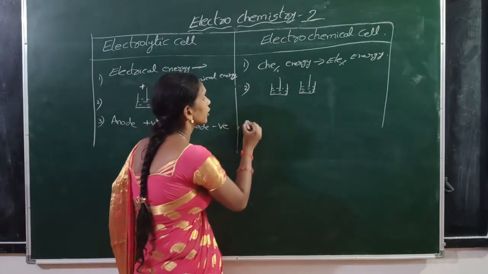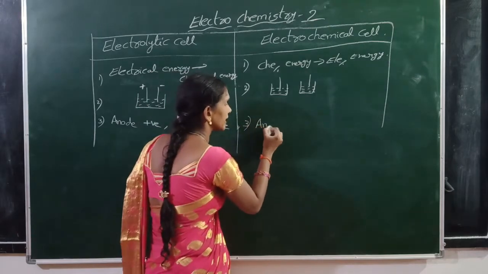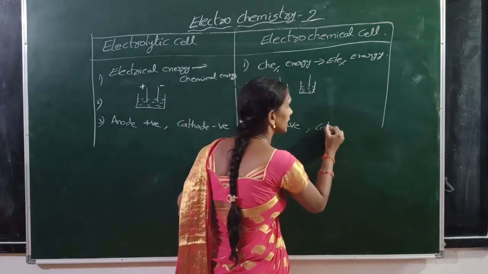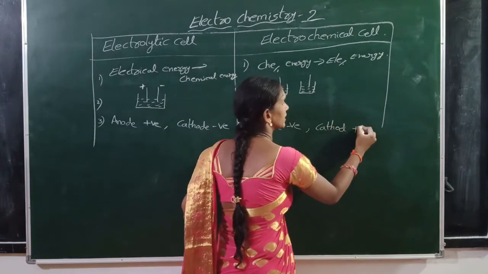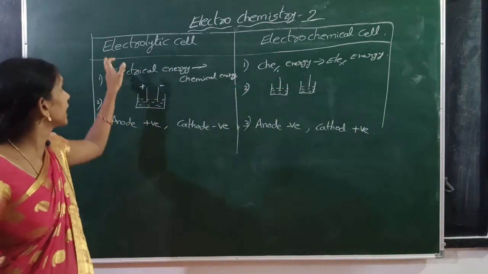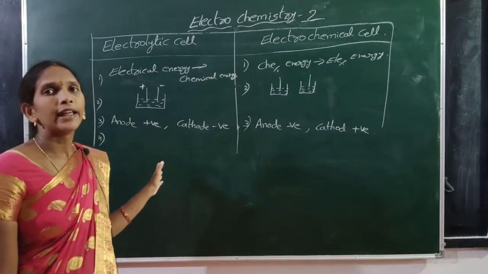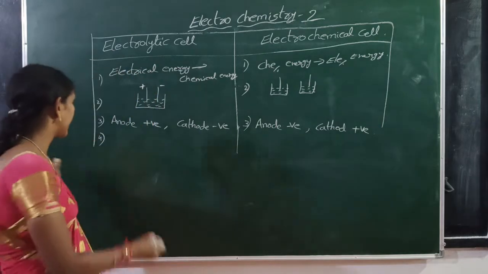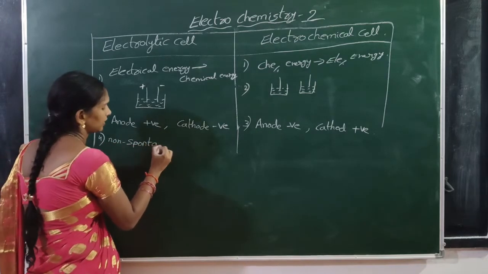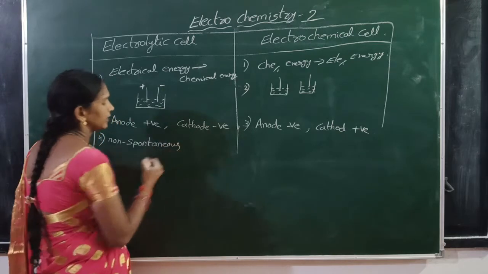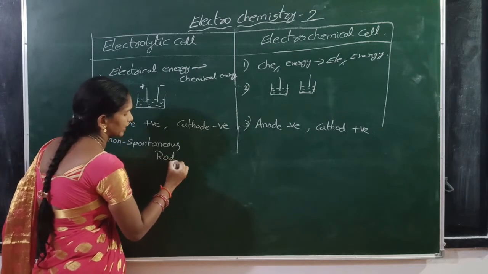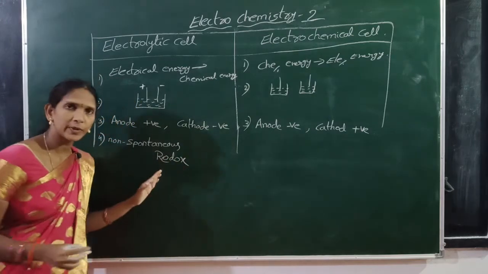In the electrochemical cell, anode is negative and cathode is positive. Next, in the electrolytic cell, redox reactions are non-spontaneous. Redox reactions means,